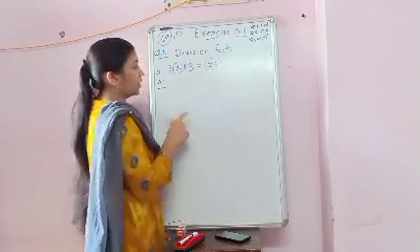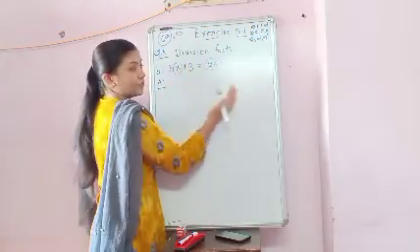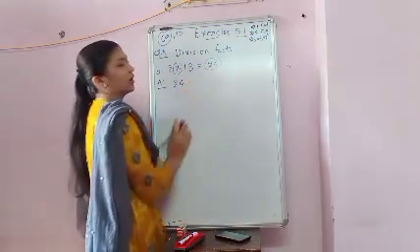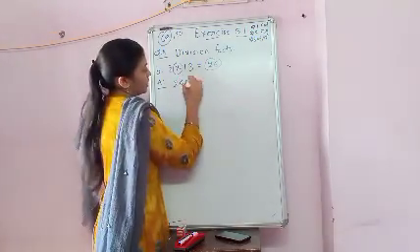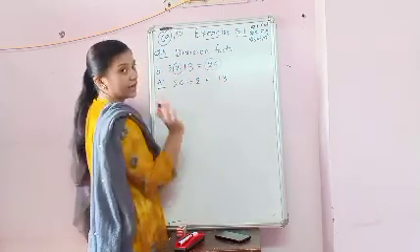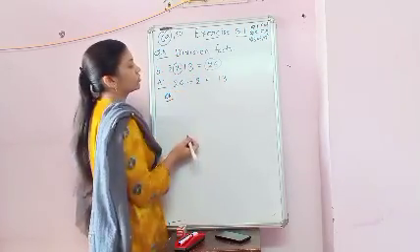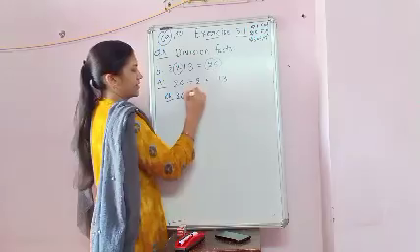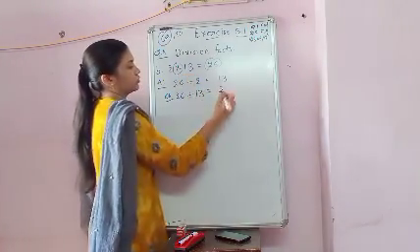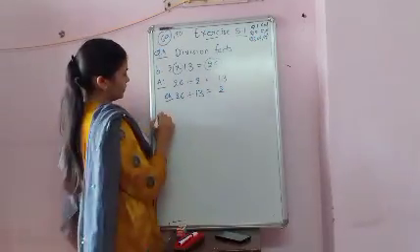हम मल्टीप्लिकेशन में क्या करते थे, लार्जर को दूसरी साइड पे ले जाते थे इक्वल्स टू की. अभी डिवीजन में क्या करना, उसको फर्स्ट रख देना है. 26 डिवाइडेड बाय 2 फर्स्ट नंबर लेंगे और इक्वल्स टू में लेंगे सेकंड नंबर. And you can write 26 divided by 13 equals 2. Both are the same.